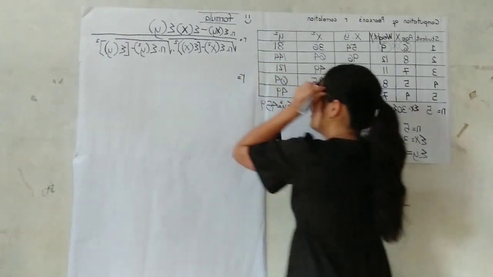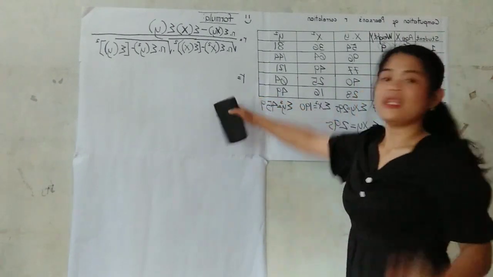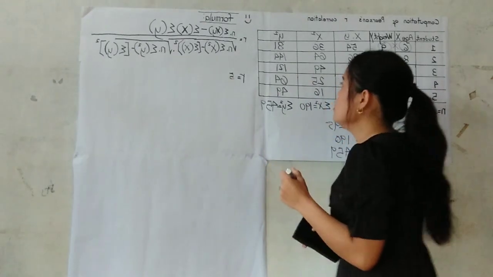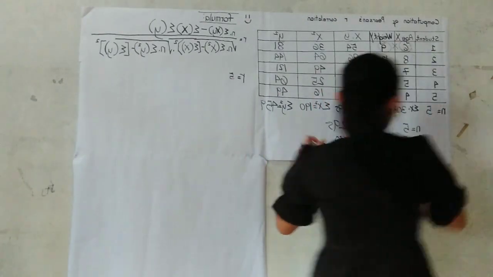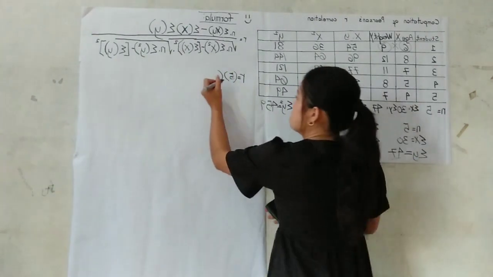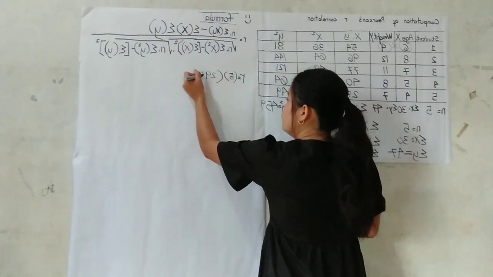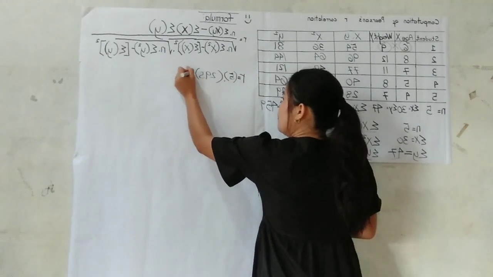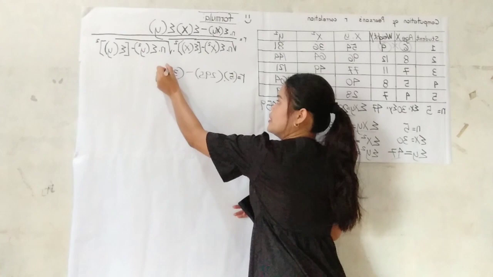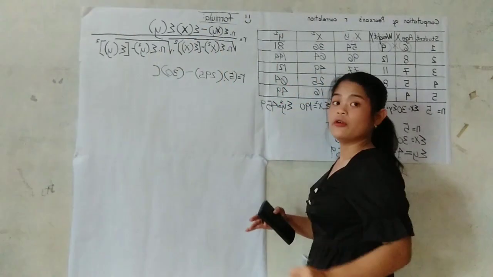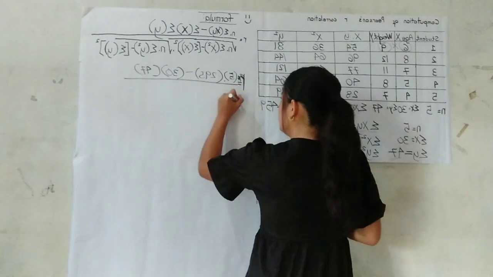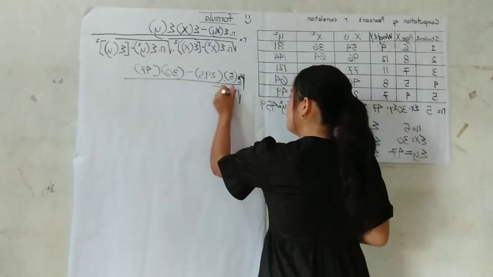First, we have to write our r. What is the number of students? It will be 5. And the sum of xy is 295. You have 295 times, minus our sum of x, which is 30, times the sum of y, which is 47. The number of students will be 5,